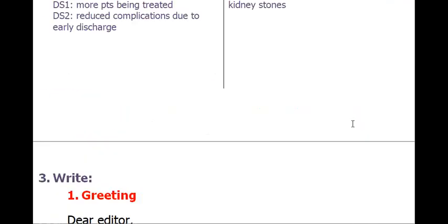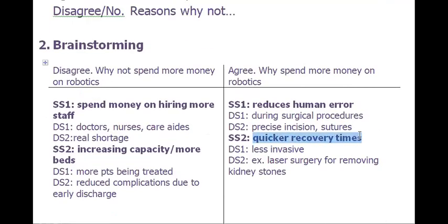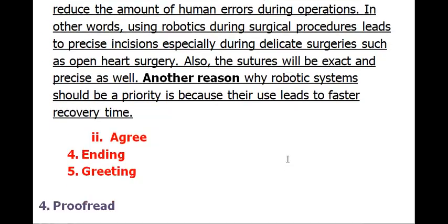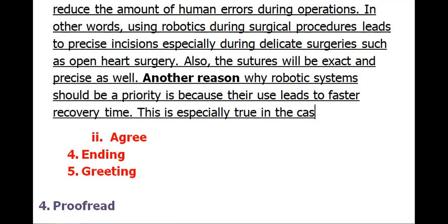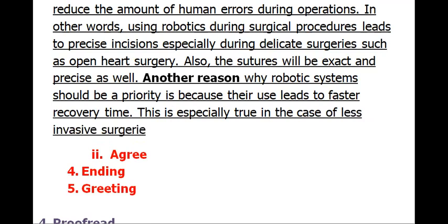Transition word, and then your supporting sentence two, quicker recovery times. You could say, this is especially true in the case of less invasive surgeries. To exemplify, examples have to be very specific, so make sure you give an actual example. But to exemplify,